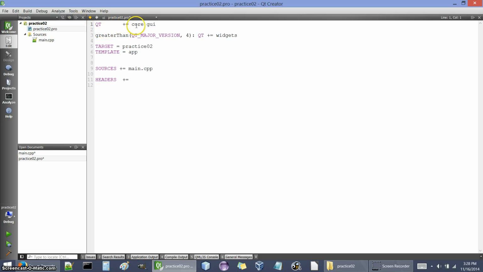This Qt plus equals is actually telling what parts of the Qt library we want to use in this project. You can see there's core, GUI, and this line says that if we're at a Qt version greater than 4, like for example if you're using Qt version 5, then also throw in widgets into that. So I use Qt 5, so we're using the Qt core, GUI, and widgets